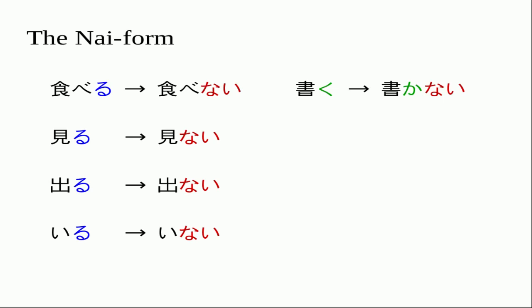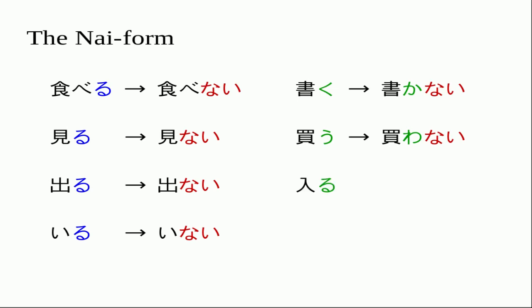As I've said, the u sound is replaced with the a. So ku becomes ka, kakanai. Kau, which means to buy, and it becomes kawanai. Now, bear in mind that I did say that this u sound comes from that wu. Remember that the w is silent, so that u becomes wa here. And this is the reason why I said it. Because u in this case becomes wa. So the u sound is replaced with the a, so with the wa.